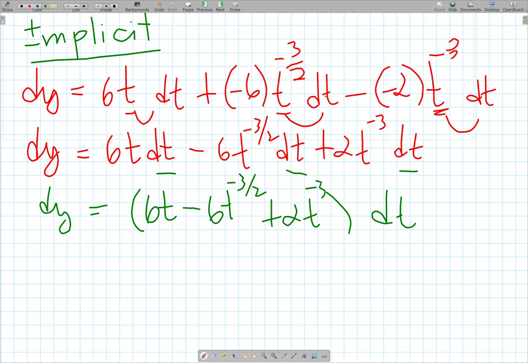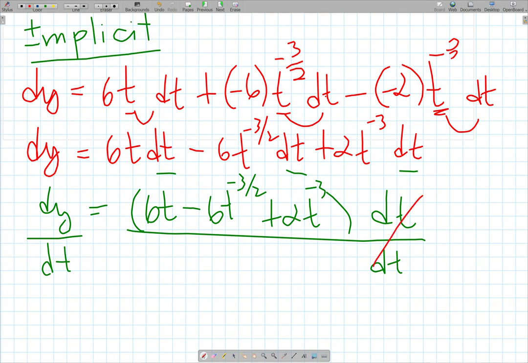So kung i-counter check natin, dt times 60 is 60 dt. Okay, so then minus din, no? dt times 60 to the power of negative 3 over 2, ito siya. And then dt times 2t negative 3 is 2t negative 3 dt. So again, we are looking for dy over dt. Kulang tayo ng over dt dito. Lagyan din natin ng over dt sa kabila. Then we can cancel out dt. Diba? So our dy over dt